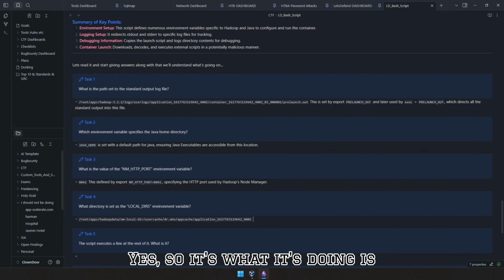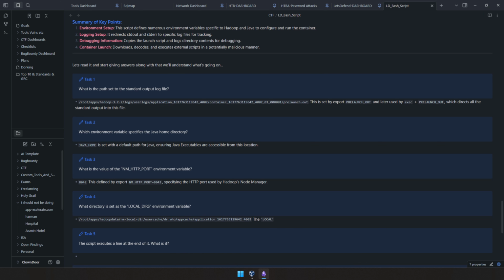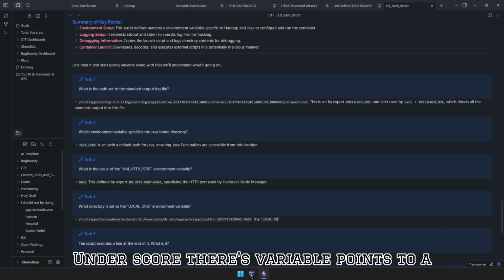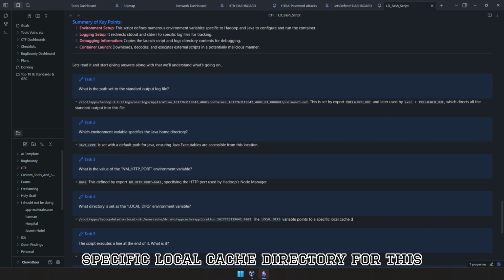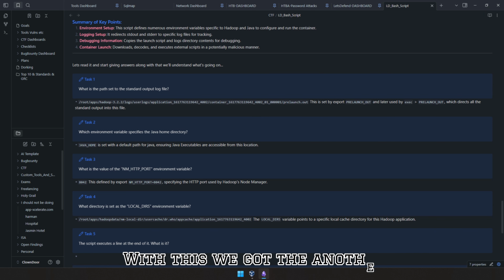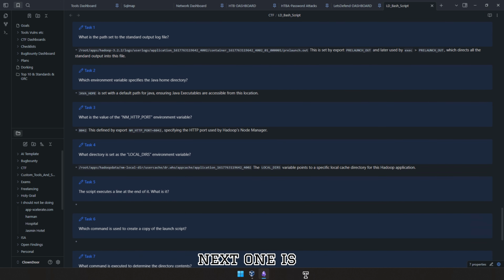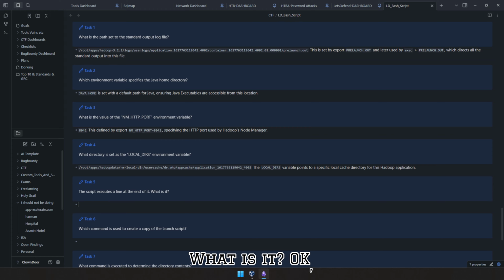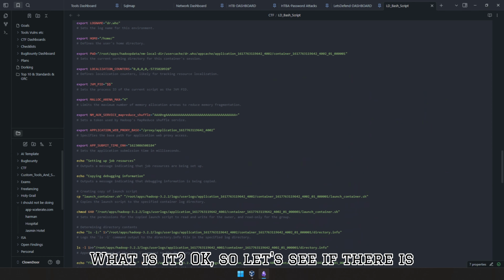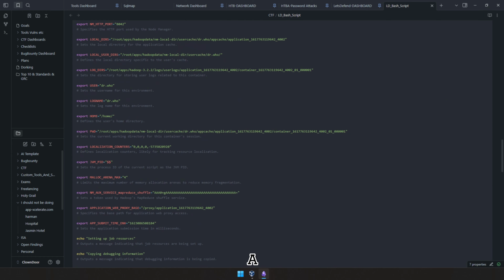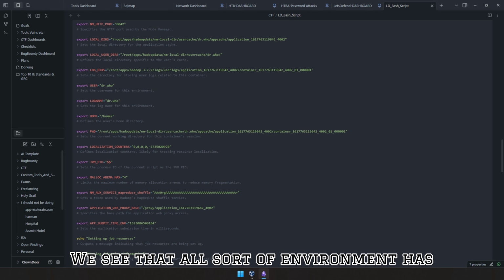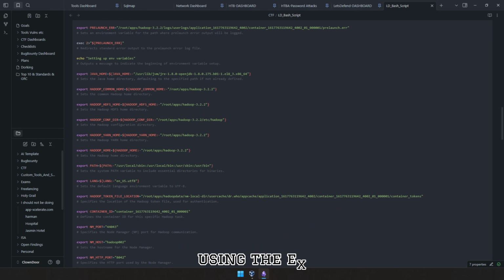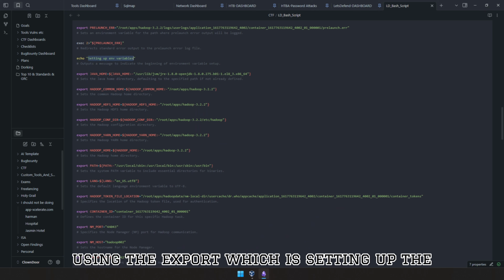Yes. What it's doing is the local underscore dir variable points to a specific local cache directory for this Hadoop application. With this, we got another answer. And the next one is the script executes a line at the end of it. What is it? Okay, so let's see if there is any sort of execution. Above, we see that all sorts of environment has been declared using the export, which is setting up the environment